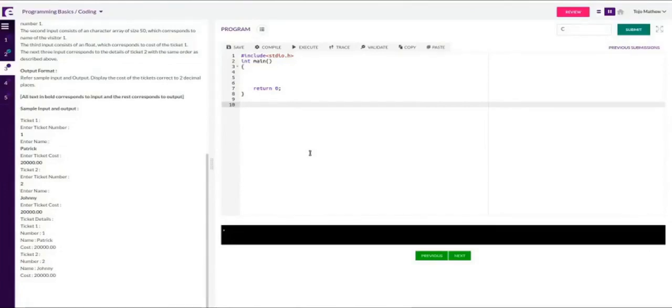Okay, sir. So when it is automatically tested in the background, this time constraint will not matter. They will give all input in a fraction of a second and it will finish in a fraction of a second. But when we are entering data, say the name, then the cost of the first ticket, then the second ticket, again name, cost, and so on, the time allotted gets over. That's why you don't need to worry about that execution part. Just execute once, then proceed. Even if it is not completed, you can directly proceed to validate. Okay, sir.